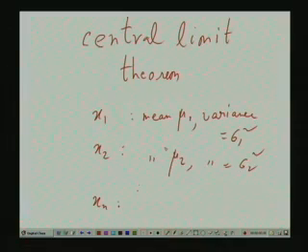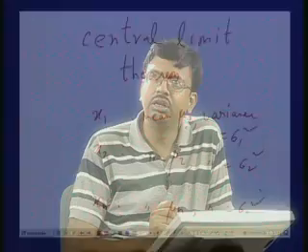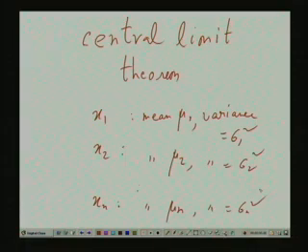Okay, we are taking n such random variables, and this has got mean mu n and variance equal to sigma n square. What is given is that x 1, x 2 up to x n are statistically independent. Each random variable, say x i, has a mean mu i, variance sigma i square. Then, if we form a sum like this,